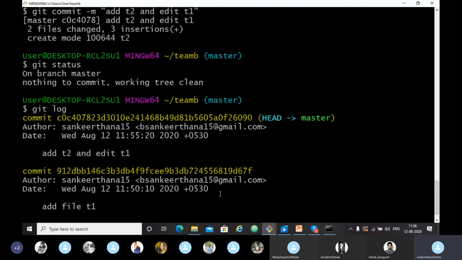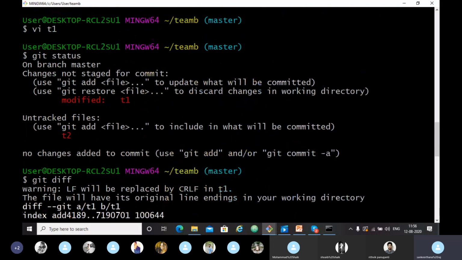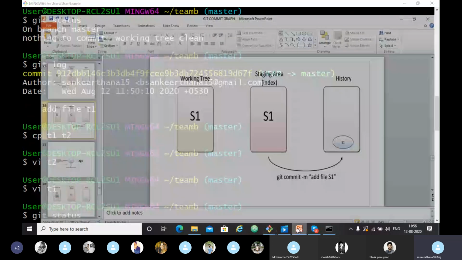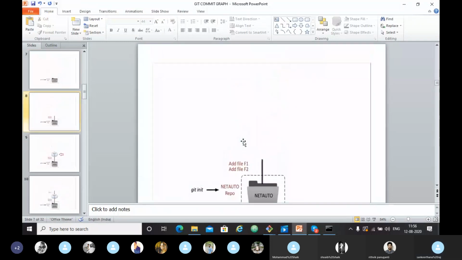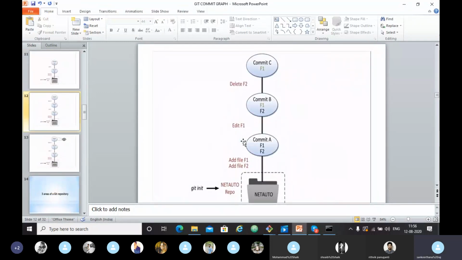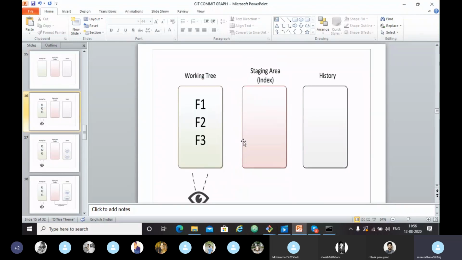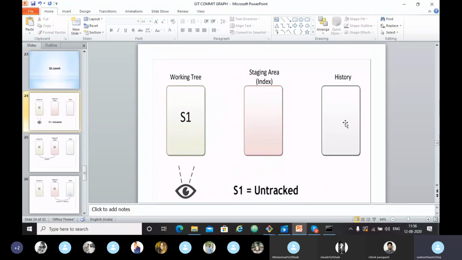So that's it for today. This might seem clumsy, but once you practice, it will get easy. What we have done till now is we saw the git commit graph, what the commits look like, and the 3 areas of the Git repository, and how to make a Git commit.